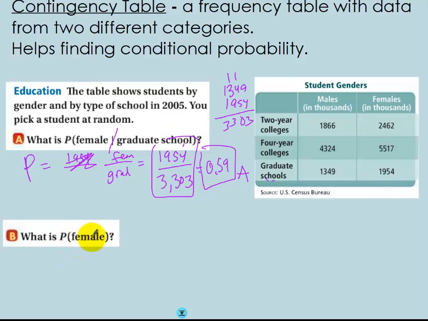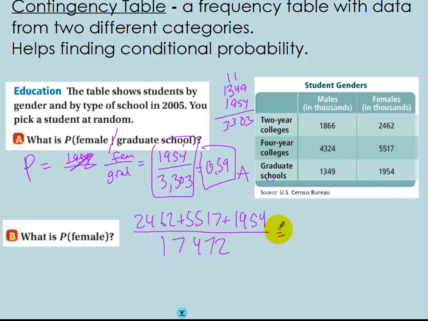Now, what is the probability someone is female? Now, this is different because we're looking at the whole table here. So our females are going to be the number of females in all three columns. So 2,462 plus 5,517 plus 1,954 over everyone. So how many people are in there? And again, I can add this up with a calculator. 24 plus 1,349, 2,462 plus 5,517 plus 1,954. And I'm going to get, if I type this in right,